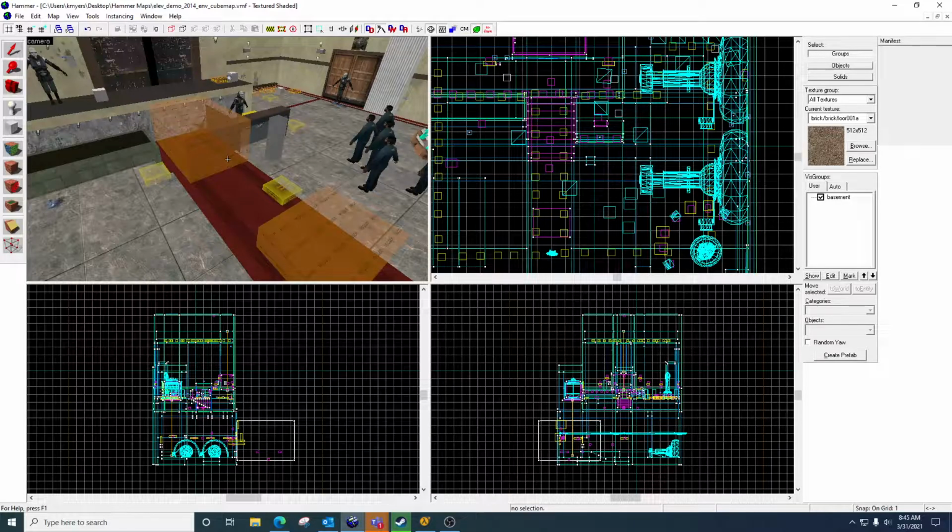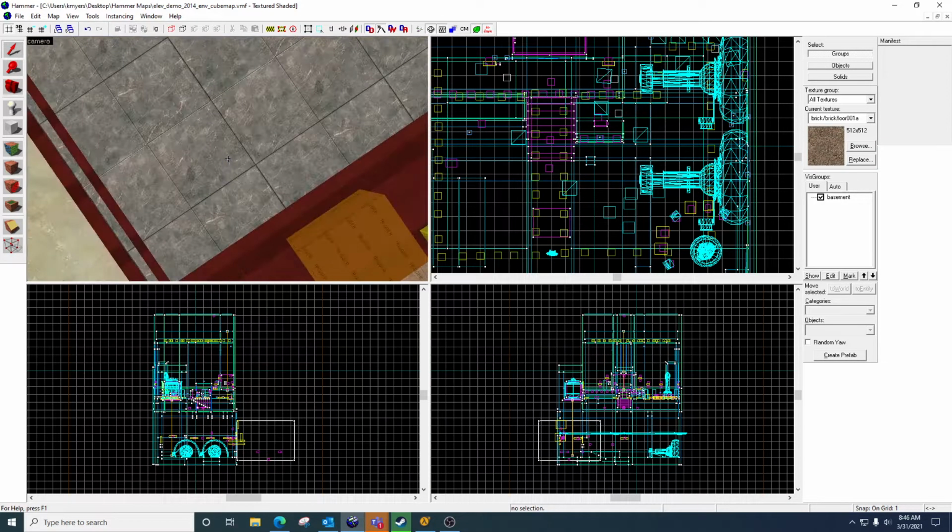I'm going to put a few in here and show you how they work. I don't have a ton of reflective materials in here, but the process is the same no matter how you're working on your map. So step number one,